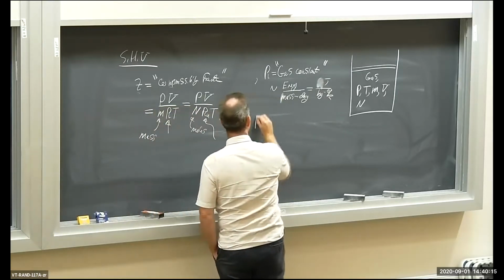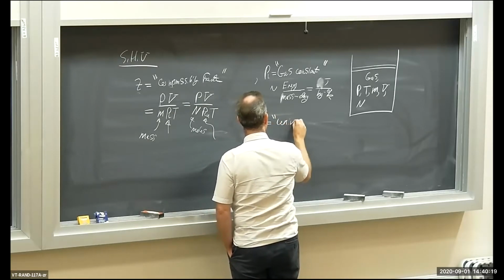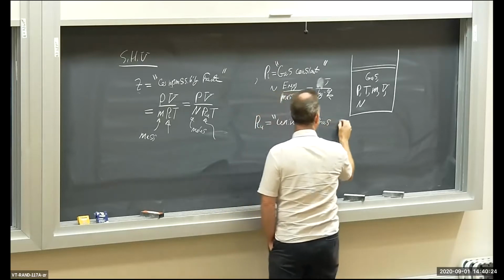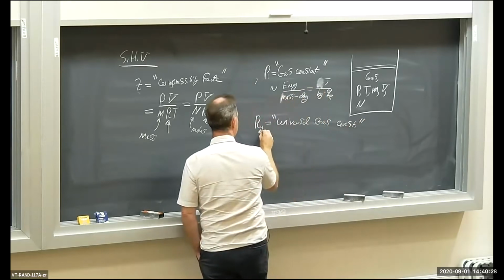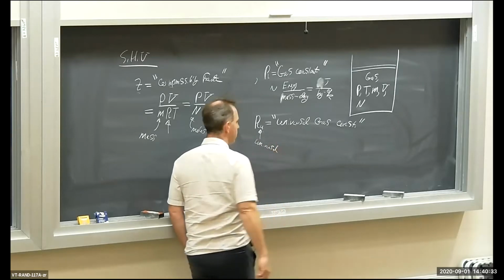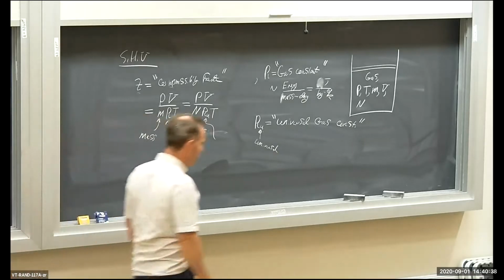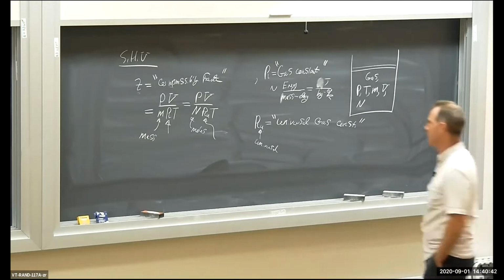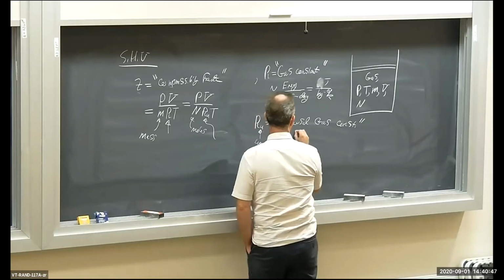RU is the universal gas constant, i.e. U for universal. Universal gas constant, that is a constant which is not materially dependent and is valid for all gases. So this guy has units of energy